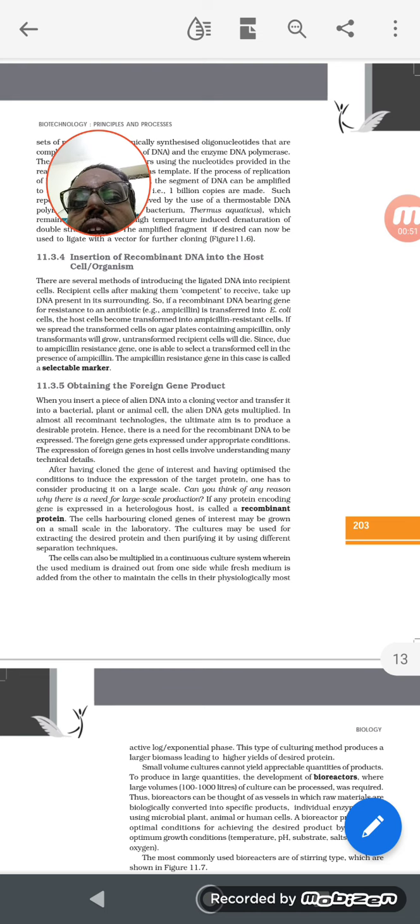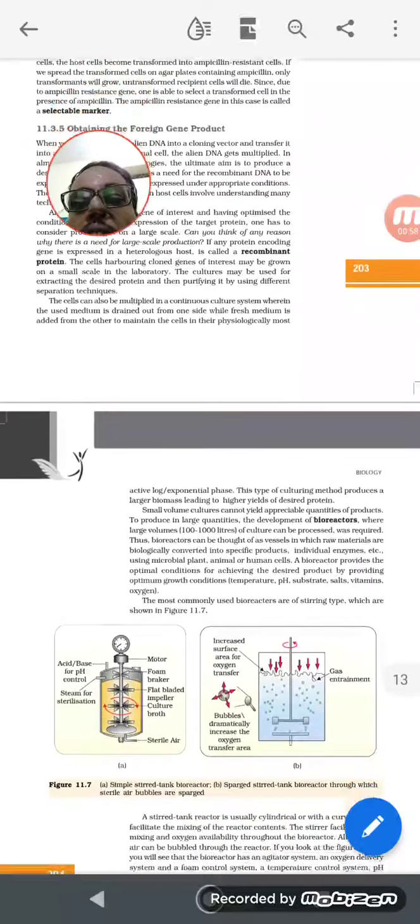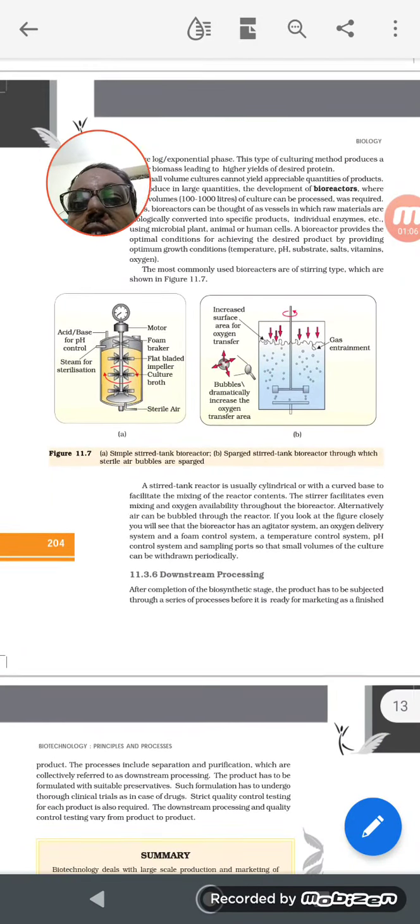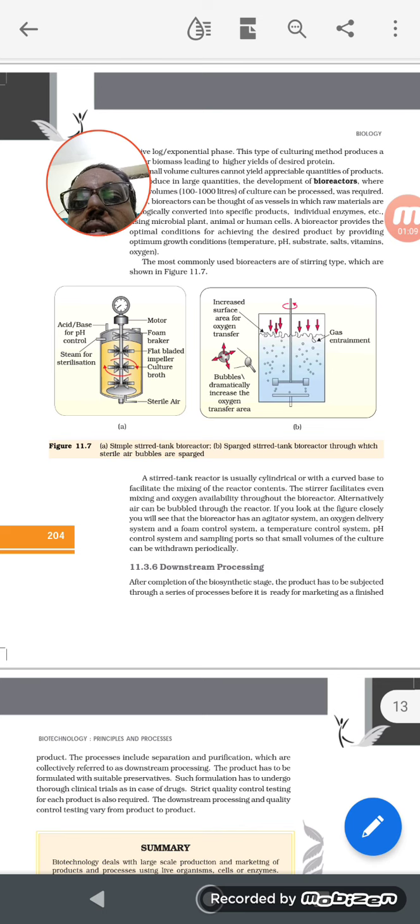So once we find that it is very useful to us, they will put this into a fermenter. That means, as we discussed in the last chapter, or otherwise we call it a bioreactor. And I already said that the bioreactor is an exact replica of what they do inside the laboratory, but on a large scale. So if they need a fan, they will give the fan also, and whatever goes into that bioreactor will be very sterile. It will not be contaminated.